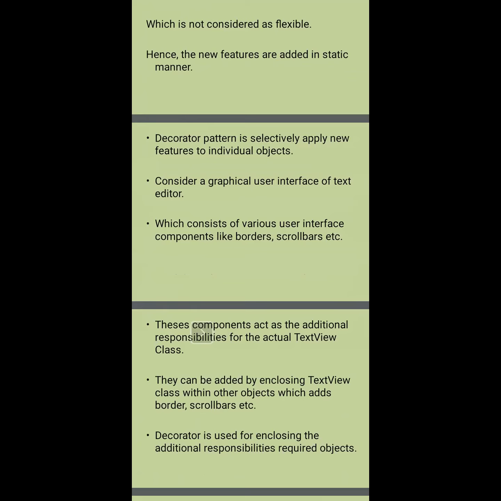So the decorator pattern applies features to individual objects only. We are not applying it to each and every object, just to selective ones. For example, consider some architecture having different types of modules. We perform modifications in only one module. When we click that module, it gives two options. Now we are adding two other options. So we apply the changes only on the selective particular object. Am I right or not?